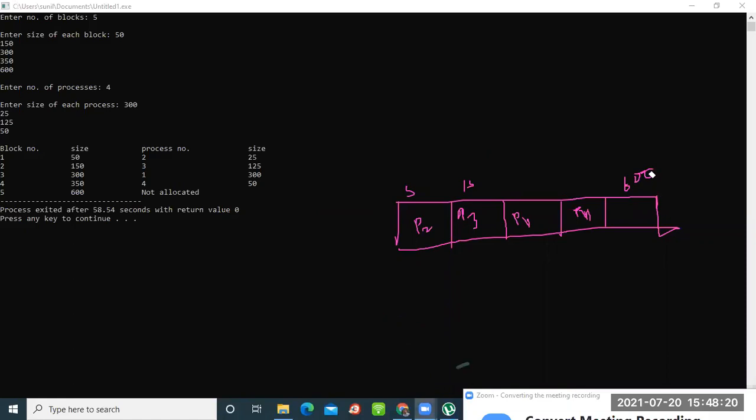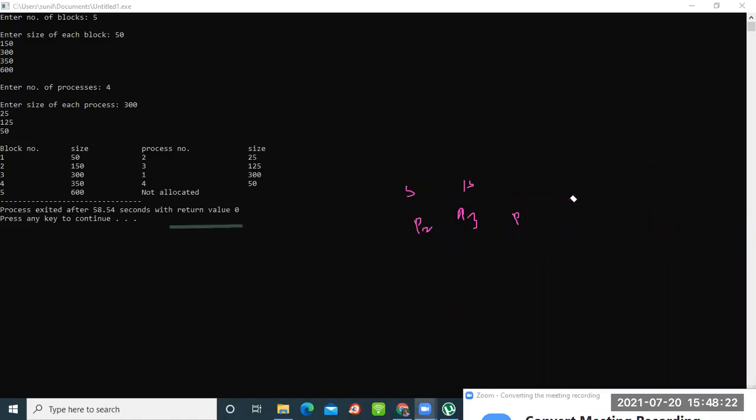Okay. So what I will do, I will share this code with you, algorithm and code. Now just implement this one and tell me whether it is showing the result or not.